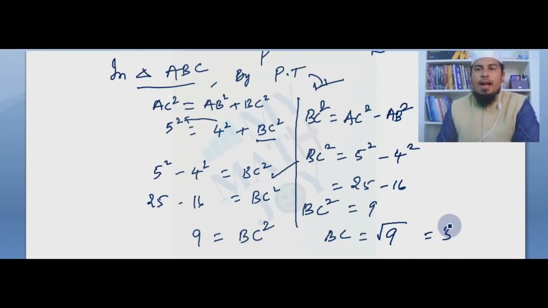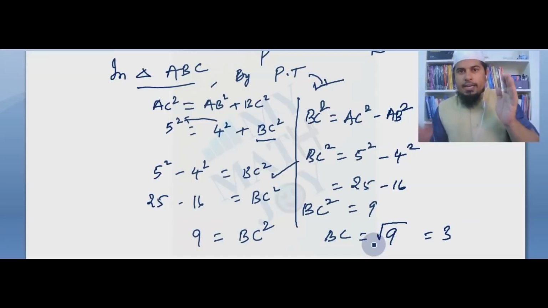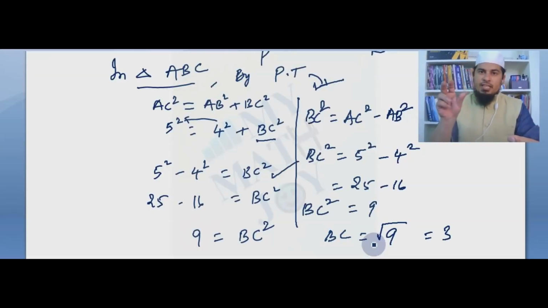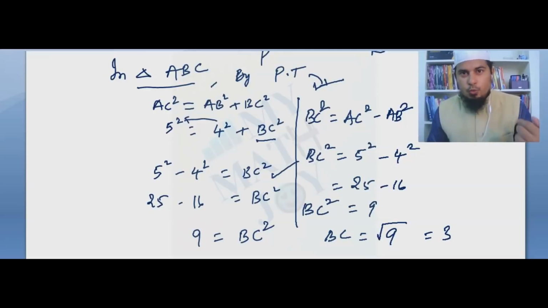In this fashion, if the hypotenuse is to be found, let the hypotenuse be on the left hand side. If any one of the perpendicular sides is to be found, keep that unknown side on the left hand side. But how to decide what will be coming on the right hand side? If you are finding the hypotenuse, it is the sum of the squares of the other two sides. If you find any of the perpendicular sides, it is the hypotenuse square minus the square of any one given side. In that way, the formula changes. Okay, so you will learn Pythagoras theorem here also.